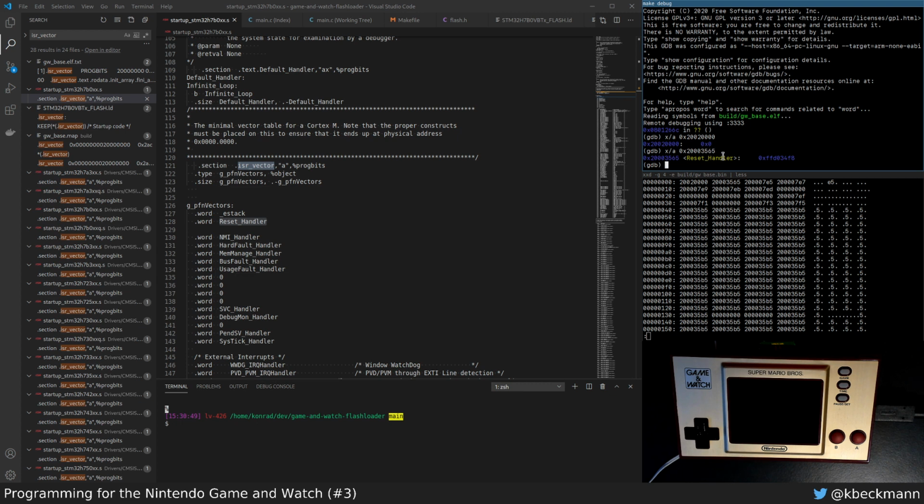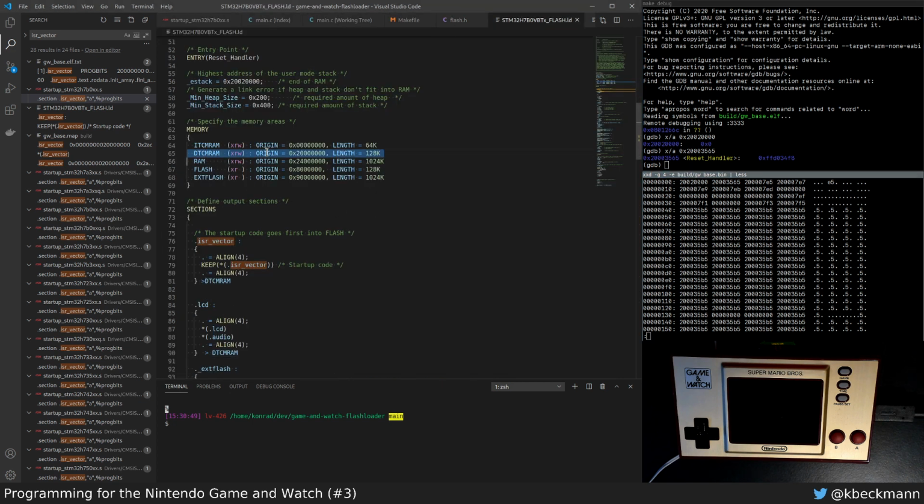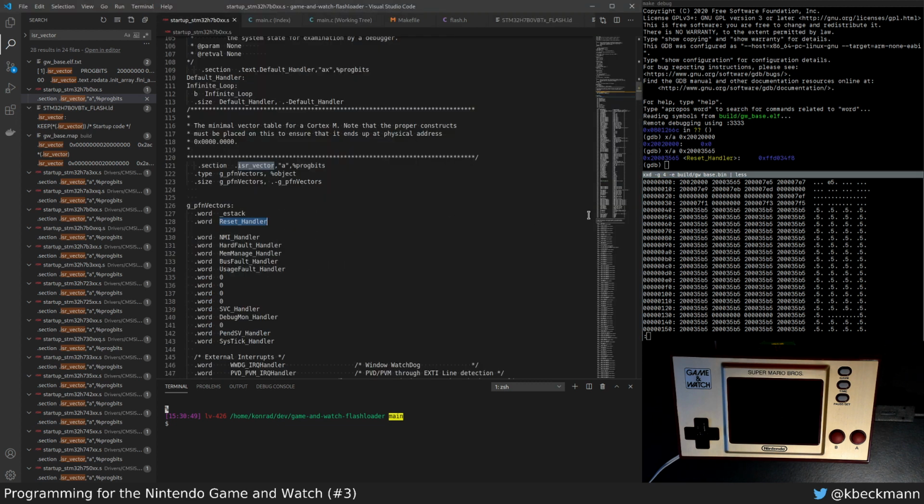Okay, so what have we just done? We have looked at the binary with the hex editor. At offset 0 in the binary, we are expecting to see what is supposed to be loaded into DTC RAM. The first values are the ISR vector, which come from this file. So the first 2 values are the eStack and reset handler. This one looks definitely like the end of the stack, and this looks definitely like the address of the reset handler. However, when we look at the memory at 0x,